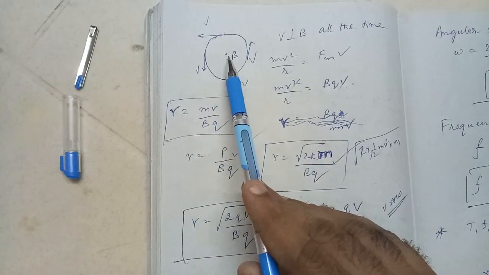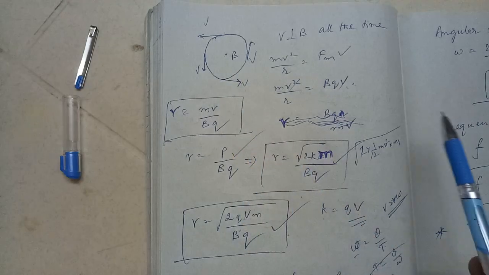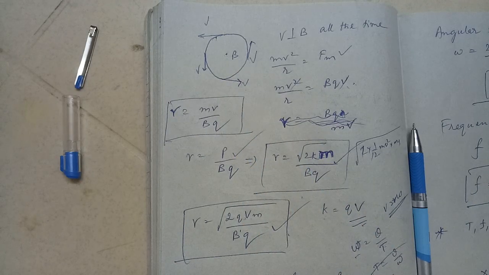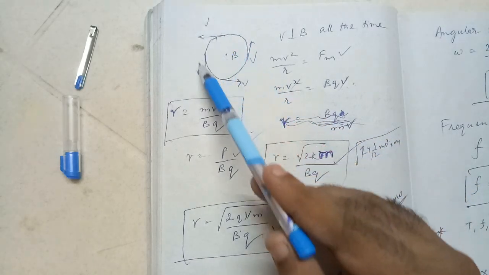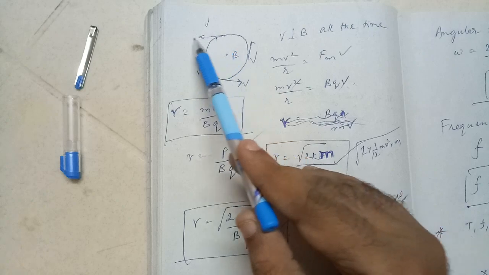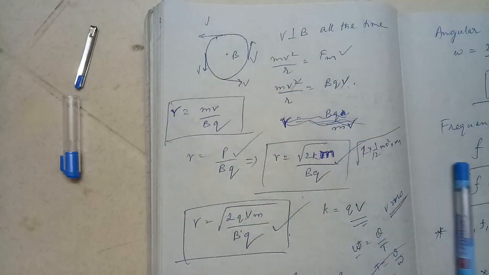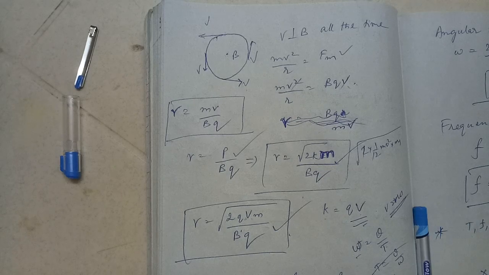You can see that I have shown B by a dot. In my previous lecture I told you that if it is shown by a dot, it means that the B vector is pointing towards you. And this v vector, if it is moving in a circular path, can be shown by the tangential direction, the velocity vector, but at every point of time this v vector will be perpendicular to the B vector. You need to do a little imagination. So if the path is circular, then B and v will be mutually perpendicular to each other all the time.